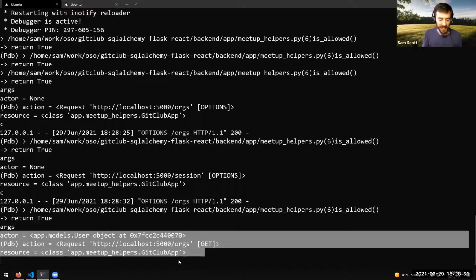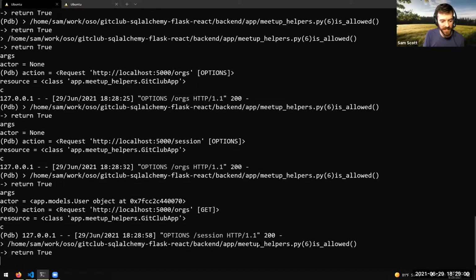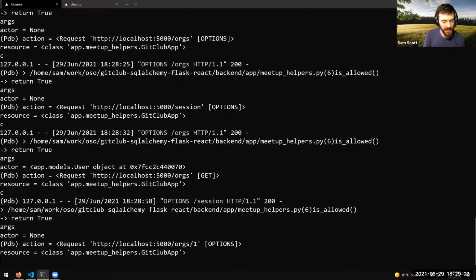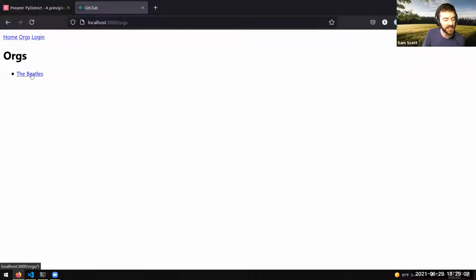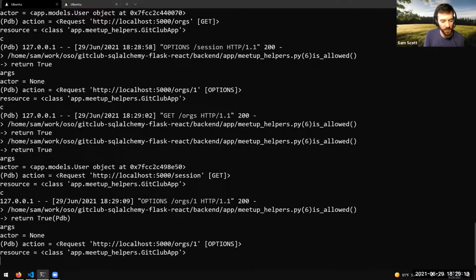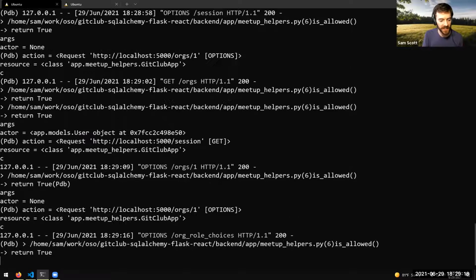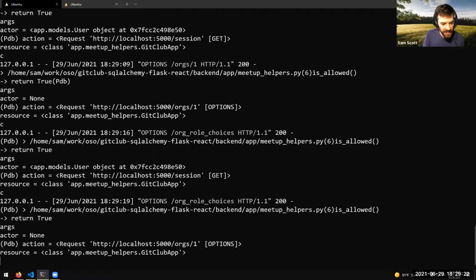So we can maybe decide, yes, every user is allowed to hit the /orgs page, or maybe they're not, that kind of thing. As we keep going through the application, we can click through again, see another page, and again we're going through this process of seeing what the user is trying to do. Each of these is a potential thing we could enforce authorization on. In this case, I've actually added another one.